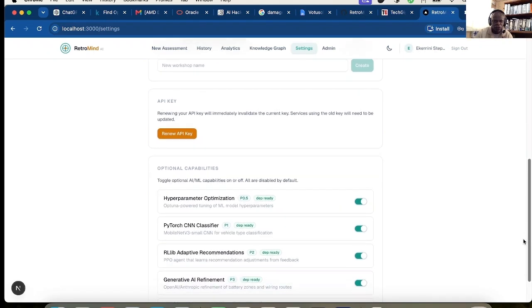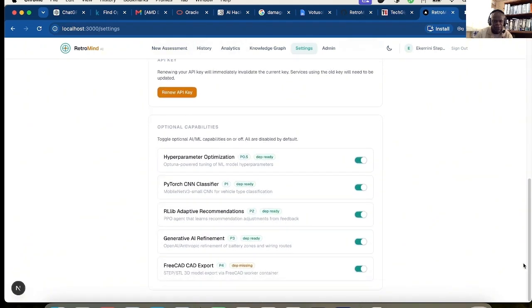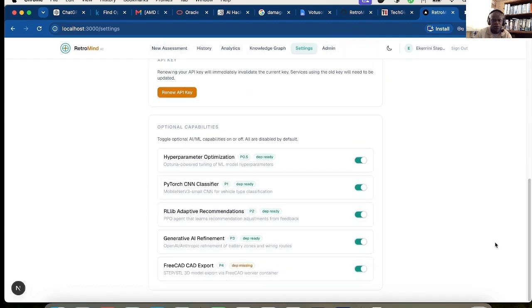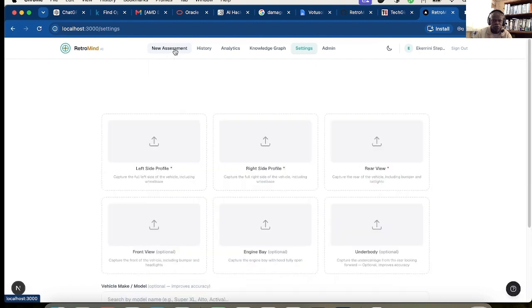You have a section for you to change your API key. And coming in here, you can toggle in and toggle out optimization, the use of the PyTorch classifier, adaptive recommendation. You can turn on and off the free card export. Also the generative AI refinement for the zone routing for cable routes of the vehicle. So coming back here,